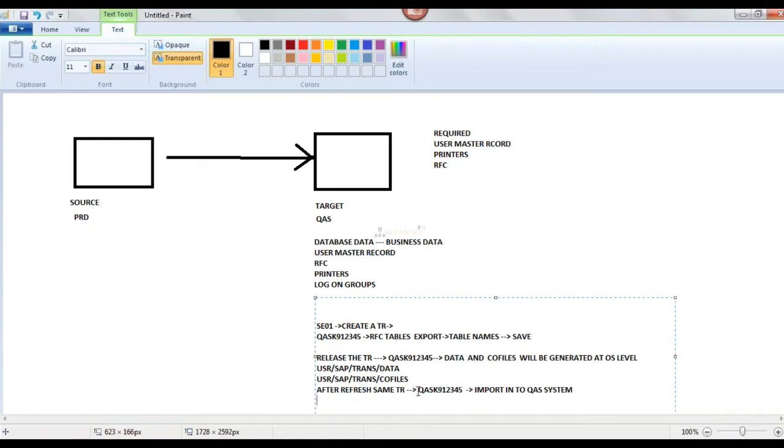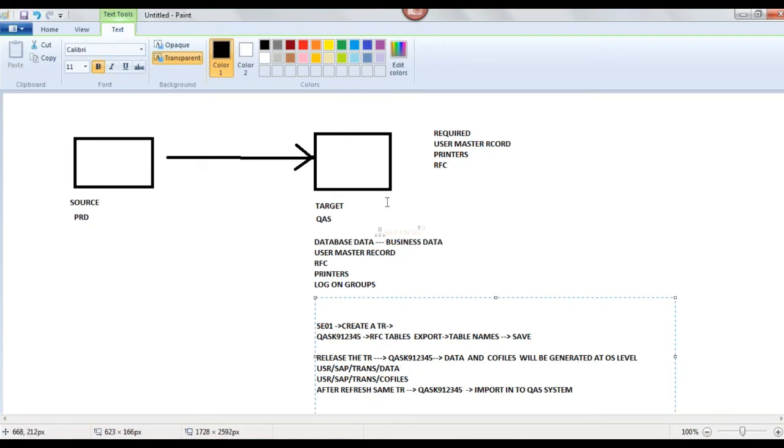In this transport request, whatever tables are exported, those table information again will be imported into the same quality system. Means I can get the old information back. Printers, RFCs, all the old data I can get back after refresh. So this is my intention.